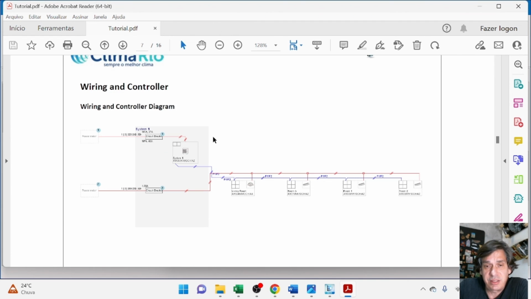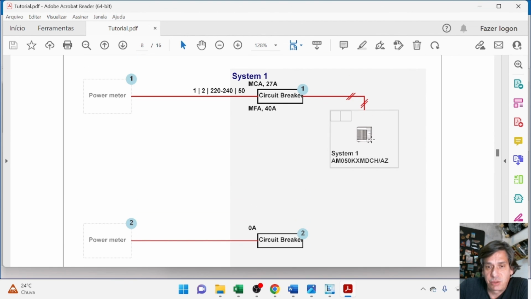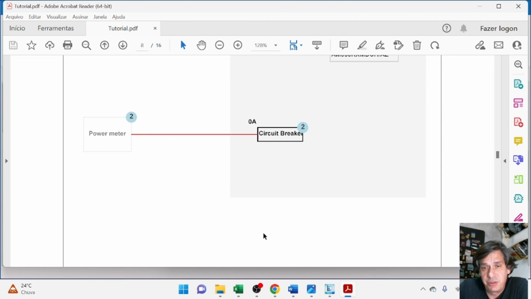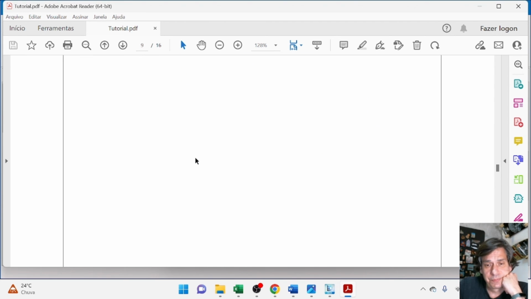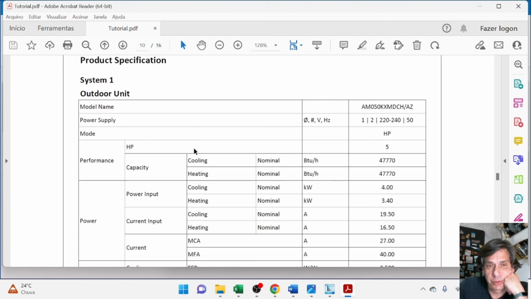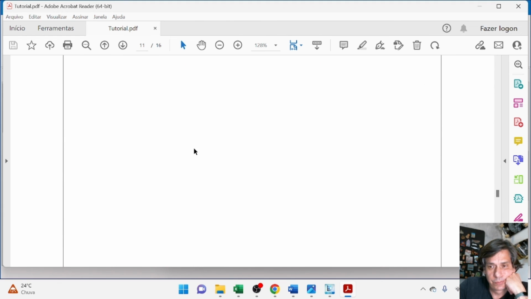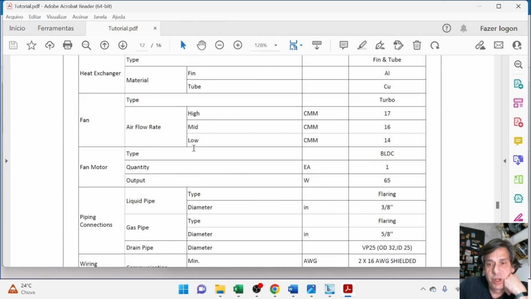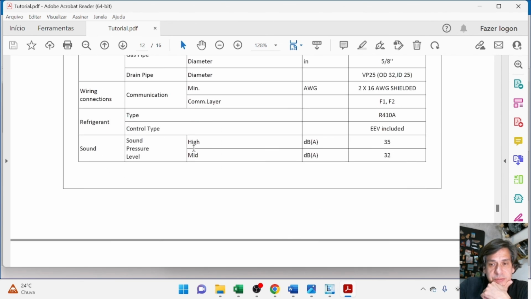wireless and controller diagram, controller diagram, circuit breaker, one for the outdoor unit and another one for the indoor units, wiring diagram, the specification of each product. All the information you need to start your installation is in the report. Okay,